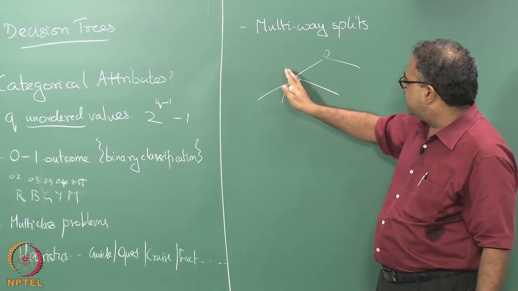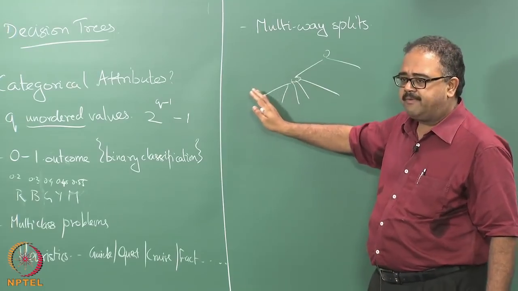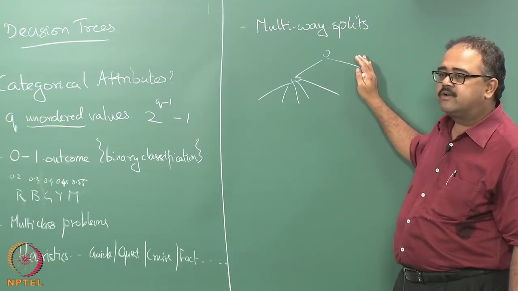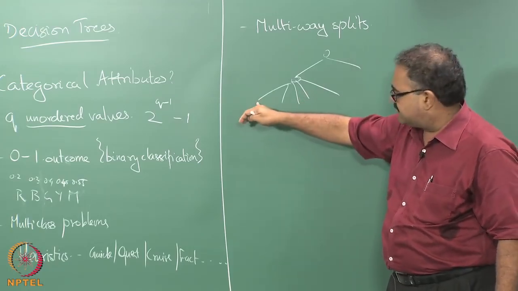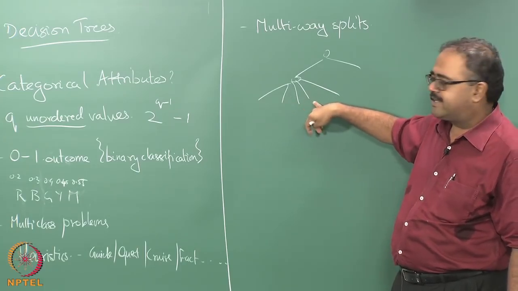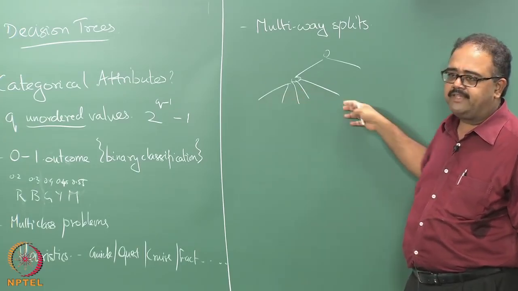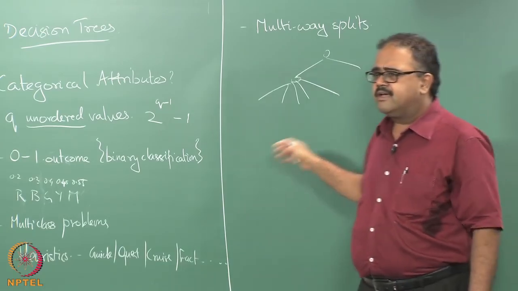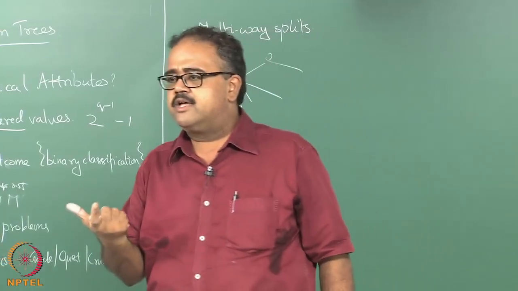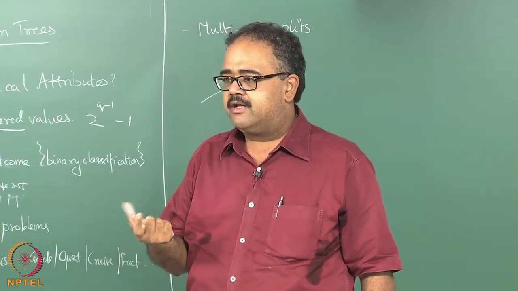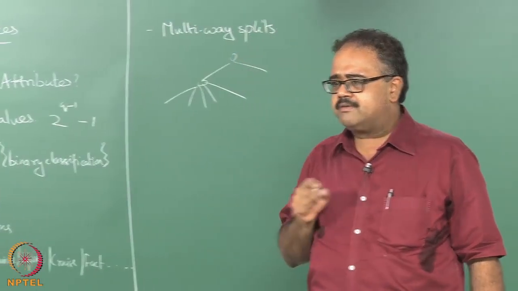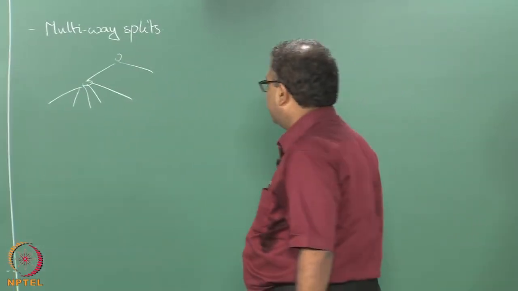Now instead of saying that less than 25 and between 25 and 35 will go left, and greater than 35 and greater than 45 will go right, I am saying this will be less than 25, this will be between 25 and 35, this will be between 35 and 45, this will be greater than 45, and splitting it all the ways in one go. It is a little bit more computation, because when you are computing the score of each attribute, you will have to do some additional work, but it is not too much. What is bad is it,